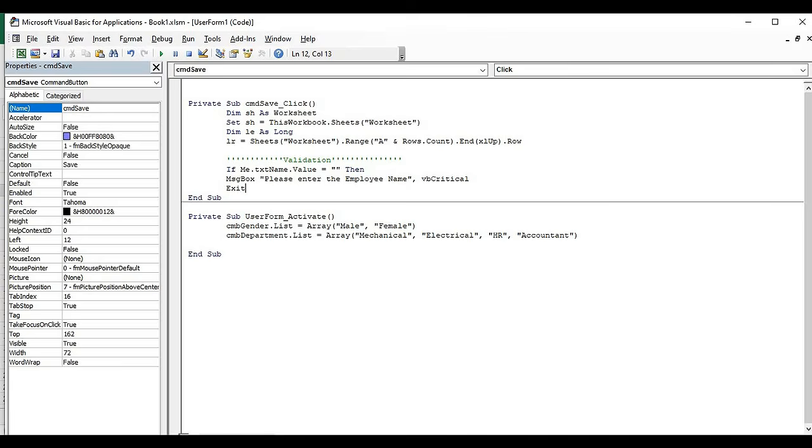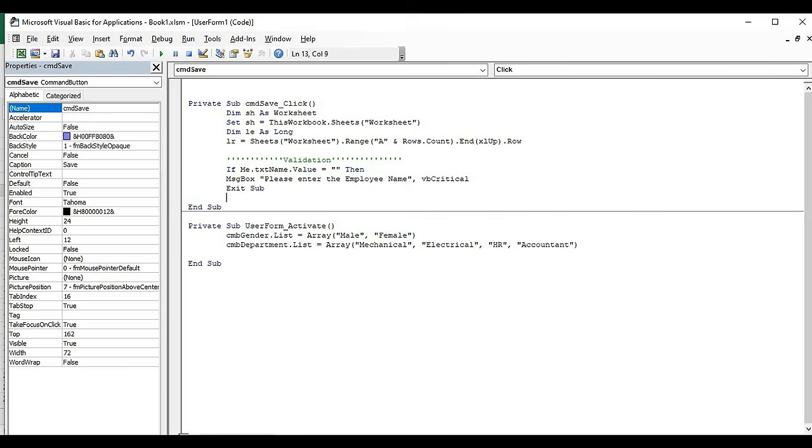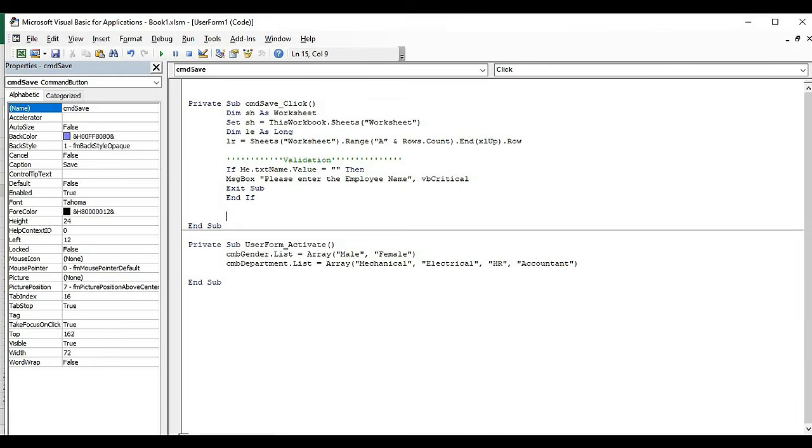Now Exit Sub and End If. Done. Now our second validation is